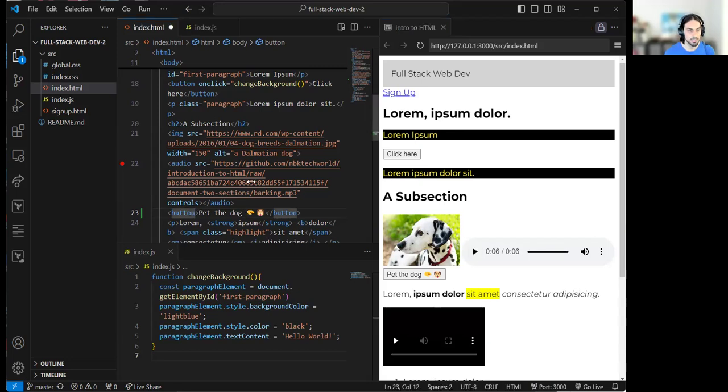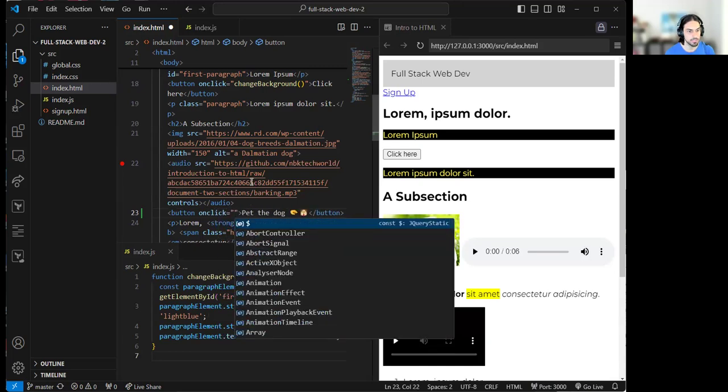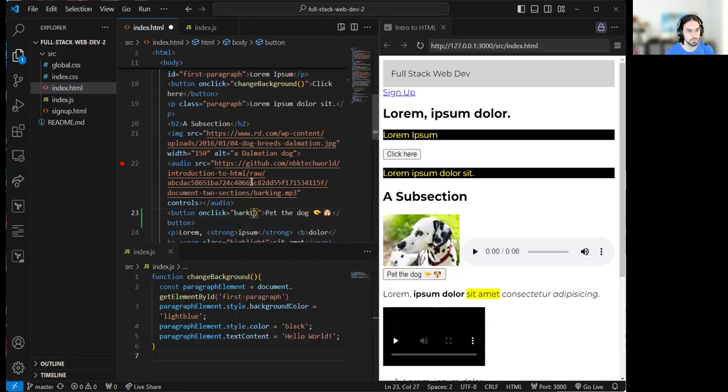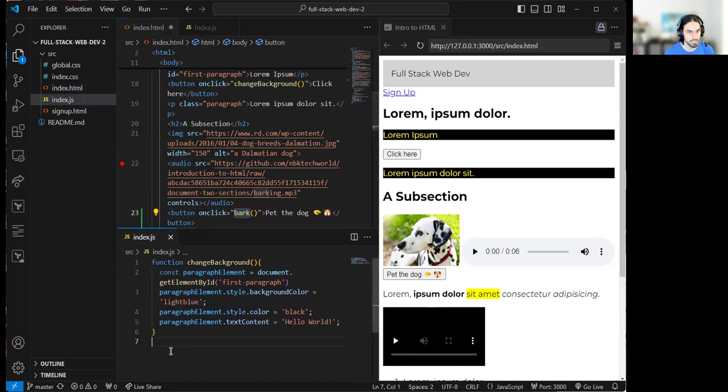So first we got to add an on-click and add a function that we would like to execute when we click the button. Let's call it bark and then call the function with parentheses. Now you have to define the function bark by going to the JavaScript file and make sure to define